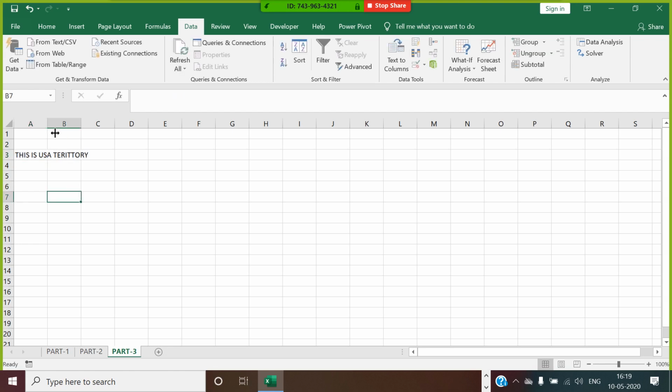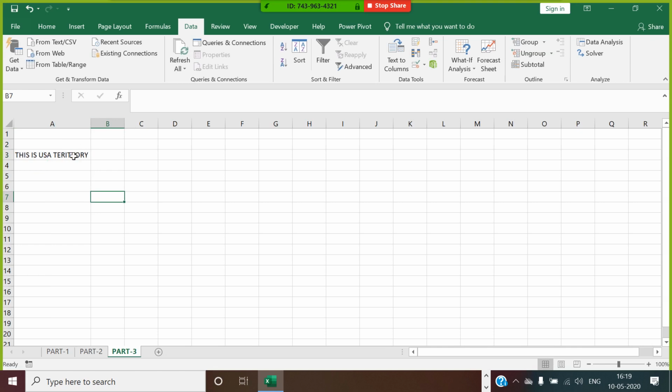Now we have to change USA into United States of America. We can use a substitute function here.